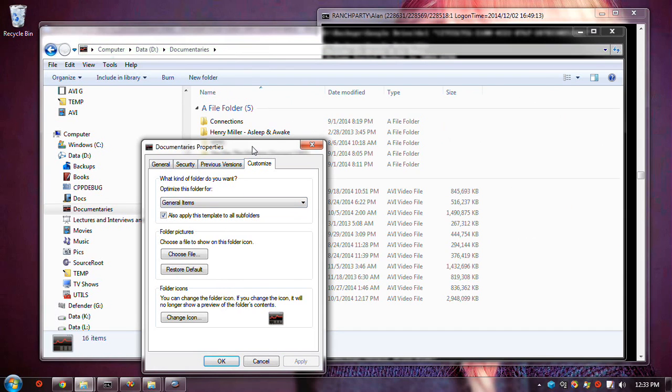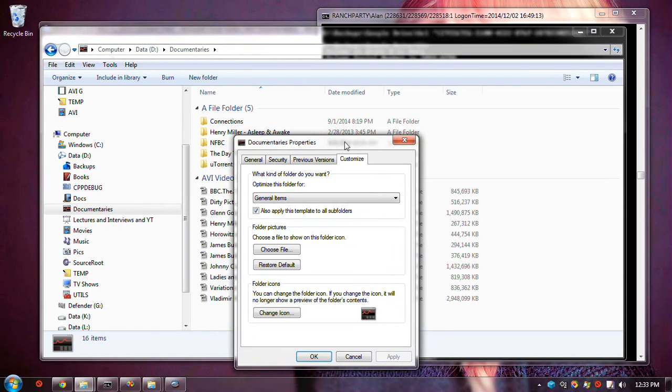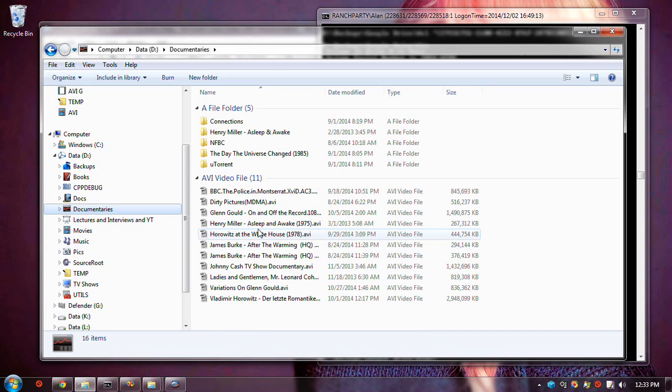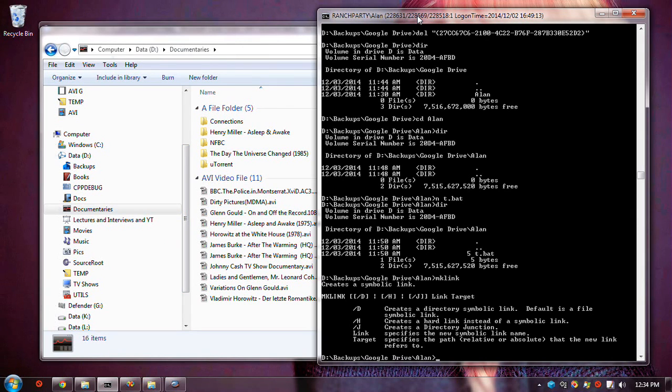I never want those icons when it's a great big thing. So here's a folder with 53 gigs worth of stuff in it, right? Suppose I wanted to make another copy, but put it in another spot on the same drive. Well, my utility program will do that. What have I got on my D drive?